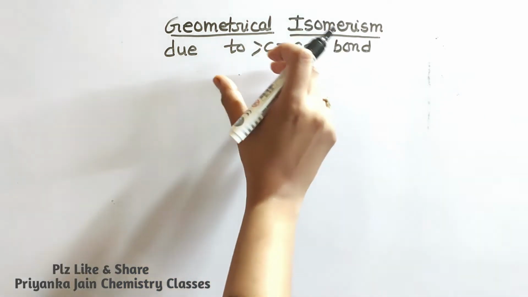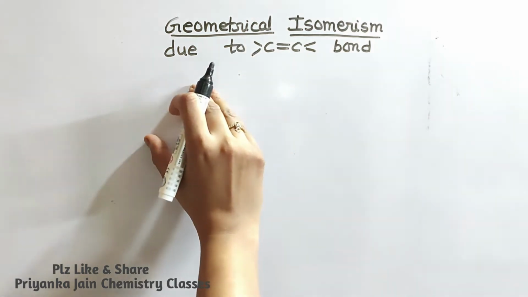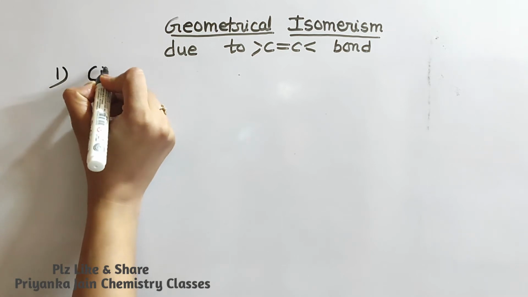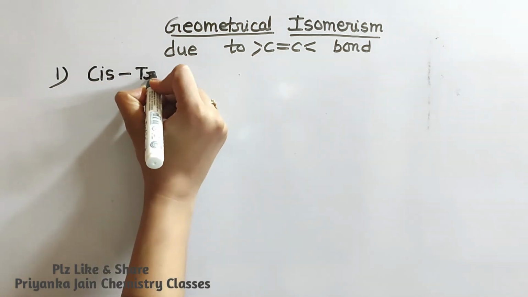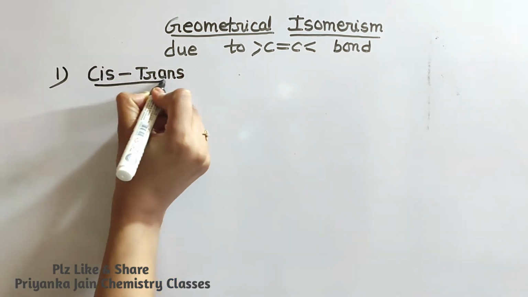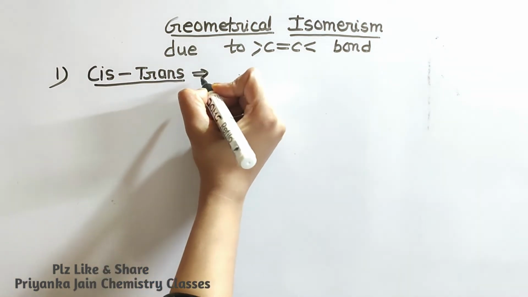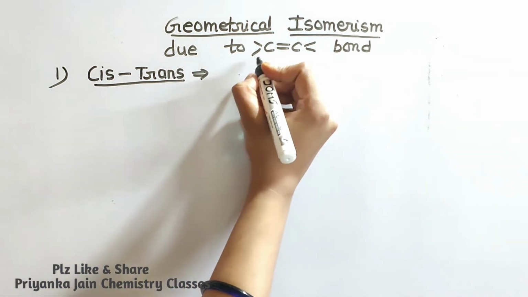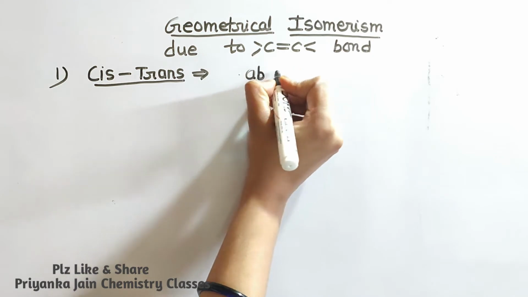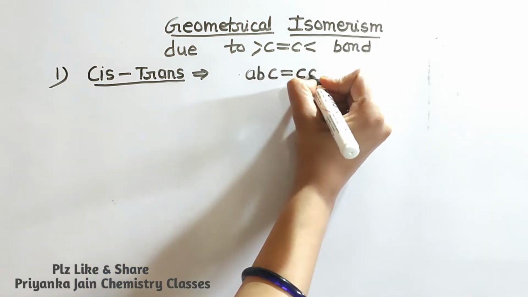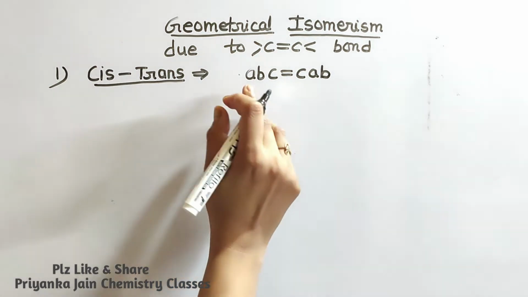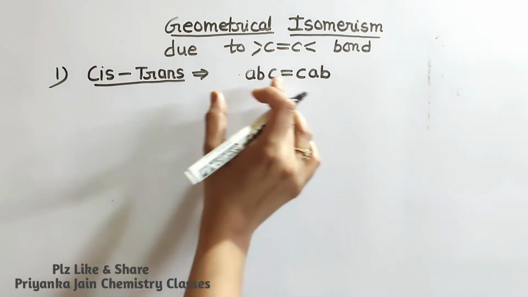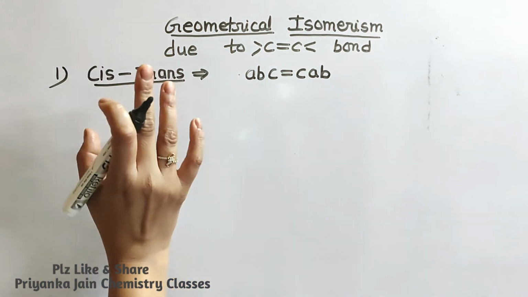Now we have to see the nomenclature, how we can name such compounds. The basic nomenclature is cis and trans isomerism. In a very general manner, we use cis and trans nomenclature in compounds in which only two types of substituents are present, that is, a compound of type AB C double bond C AB. When the two same groups are present on the same side, it is called cis, and when they are on different sides, it is called trans.